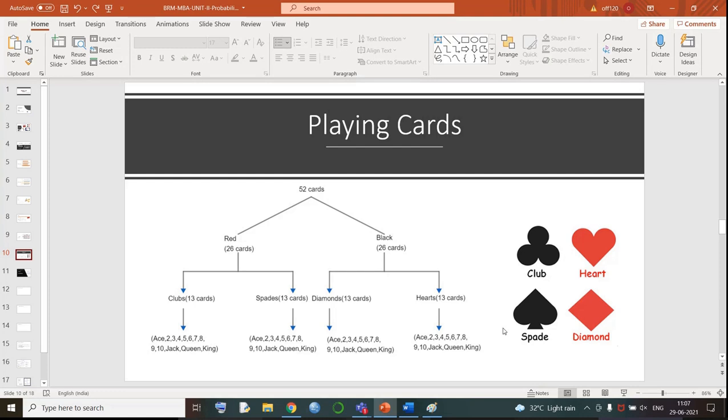Now, how many heart cards are there? 13 cards. How many diamond cards are there? 13. How many red cards do we have? 26. How many playing cards do we have? 52. So, we should not get confused over here. Before solving a problem, even if you get a problem in the examination, just draw this onto the rough